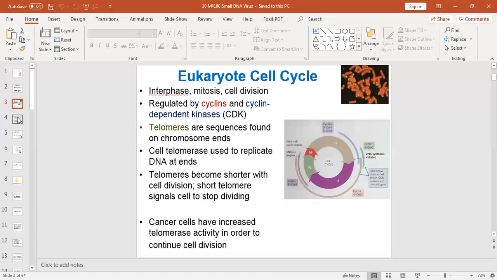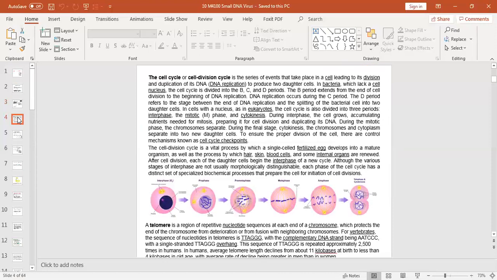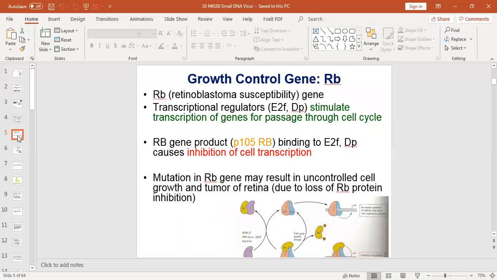Going to slide number 4, there is a little bit of a description for those of us who may have forgotten about the events happening during the cell cycle or cell division cycle, and some information about telomeres. I would strongly encourage you to take a look at these definitions. Slide number 5. Remember I said that there are some tumor suppressor genes that control unchecked proliferation of